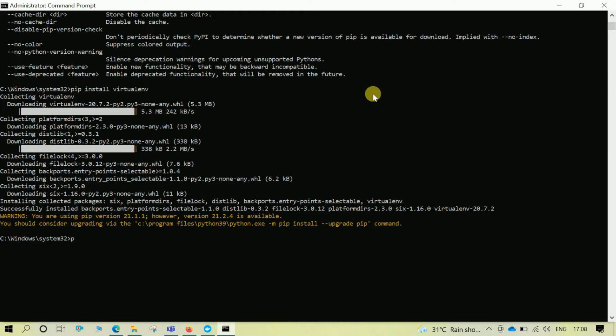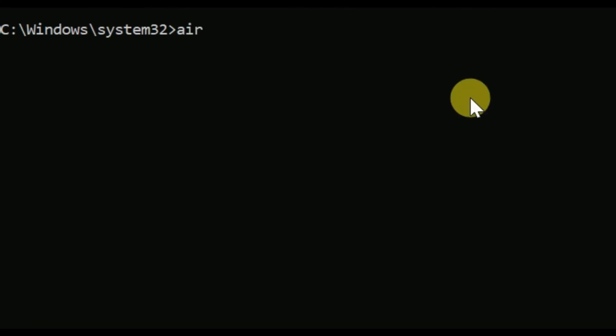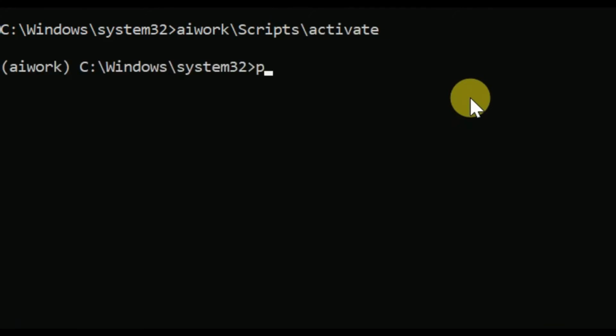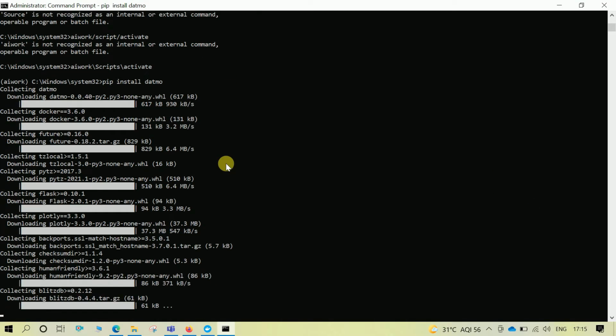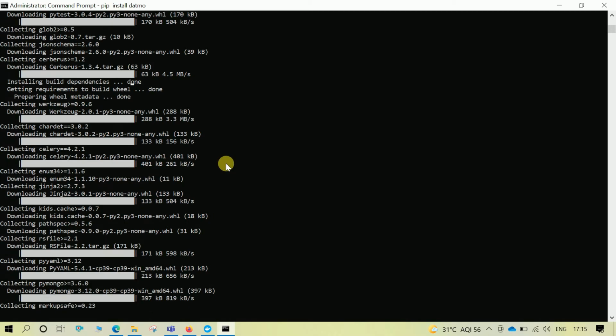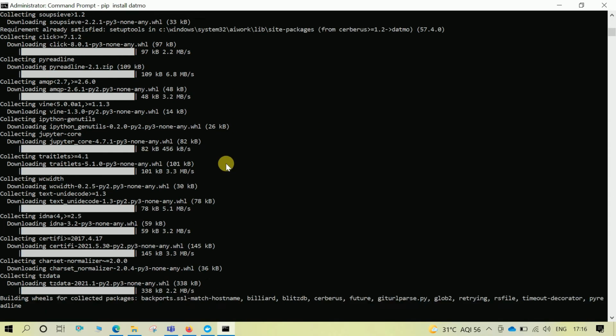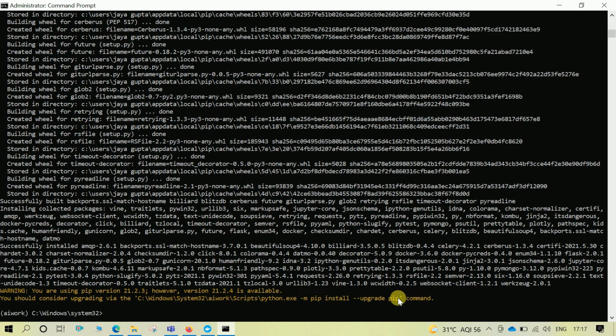Let's go to AIwork using AIwork slash Scripts slash activate, and here I'll install datmo. So I'll write pip install datmo and press enter, and it will install all the required packages and libraries by itself. I'll upgrade pip also.